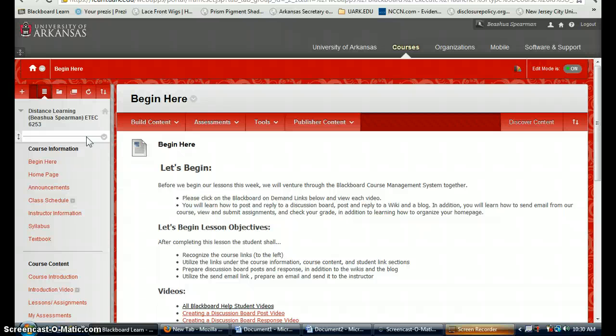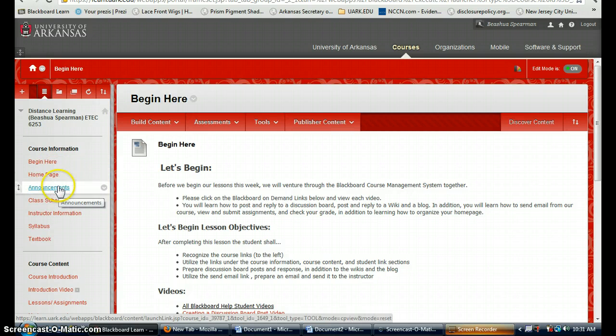As I've stated previously, it tells us where we are at that moment. So at this particular moment, we are in the course information heading. And if you notice underneath course information, you will see begin here, homepage, announcements, class schedule, instructor information, syllabus, and